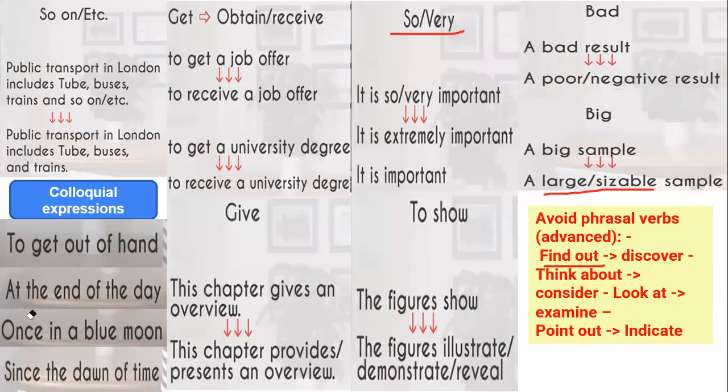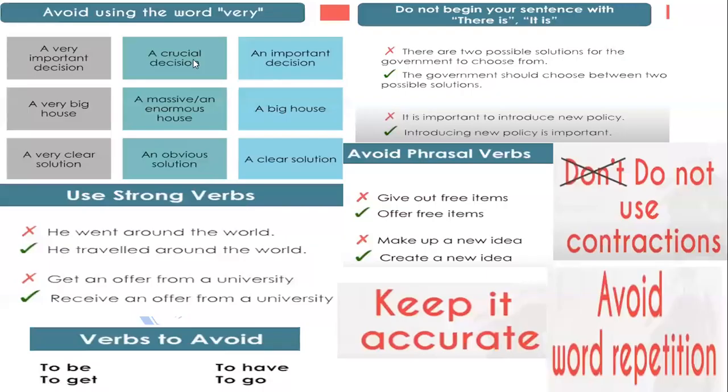Then colloquial expression: at the end of the day, once in a blue moon, since the dawn of time, to get out of hand. Colloquial expression মানে হচ্ছে যেগুলো কিছুটা আমরা লিটারেচার টাইপের ওয়ার্কে ইউজ করে থাকি, যে অমাবস্যার চাঁদ, আকাশ কুসুম, আমরা এটাকে বলে থাকি ইন ইংলিশ ফ্রেজেস, ইডিয়মস লাইক দ্যাট। সো এরকম টাইপের কিছু ইউজ করবেন না, দিস ইজ নট ফর্মাল। জানি আপনারা এই বিষয়টা কম বেশি জানেন, বাট তাও আমি জাস্ট এখানে যেহেতু পুট অন করেছি। সো অ্যাভয়েড ইউজিং ওয়ার্ড ভেরি,